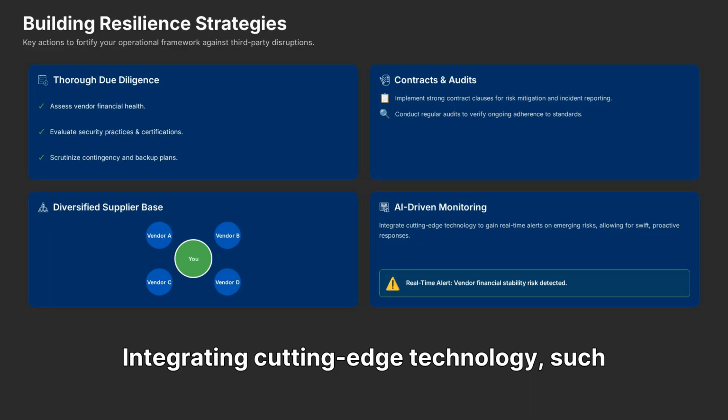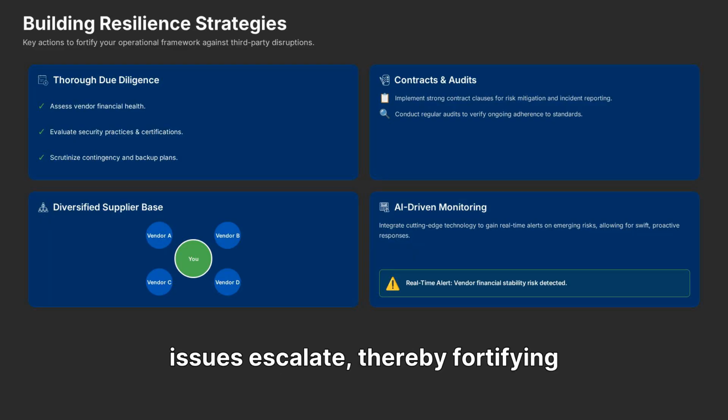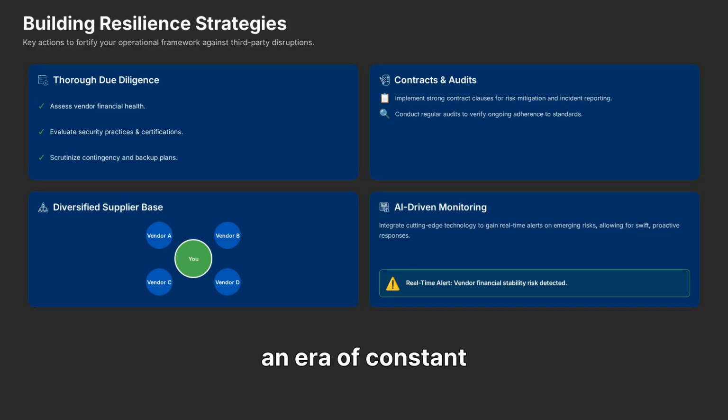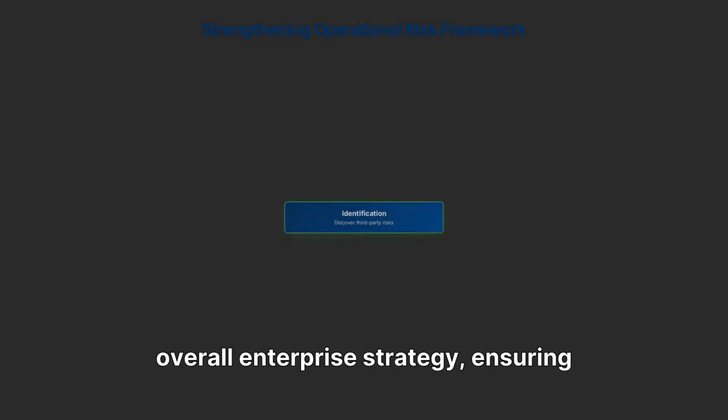Integrating cutting-edge technology, such as AI-driven monitoring tools from companies like IBM or ServiceNow, can provide real-time alerts to emerging risks, allowing your team to respond swiftly before issues escalate, thereby fortifying your operational resilience in an era of constant change. A stronger operational risk framework truly shines when it seamlessly integrates third-party risk management into your overall enterprise strategy,